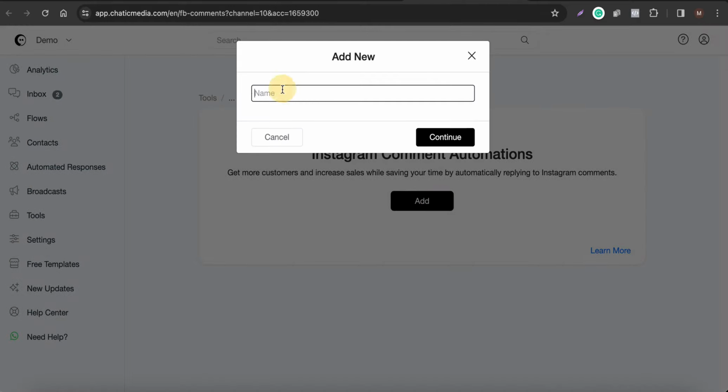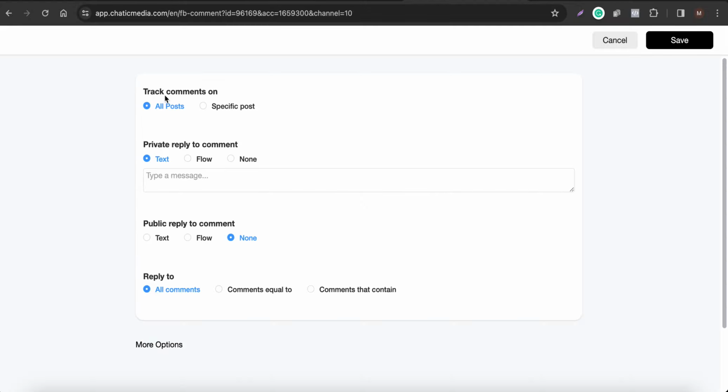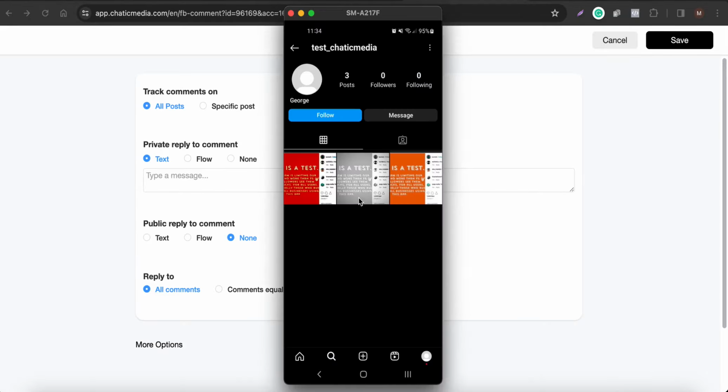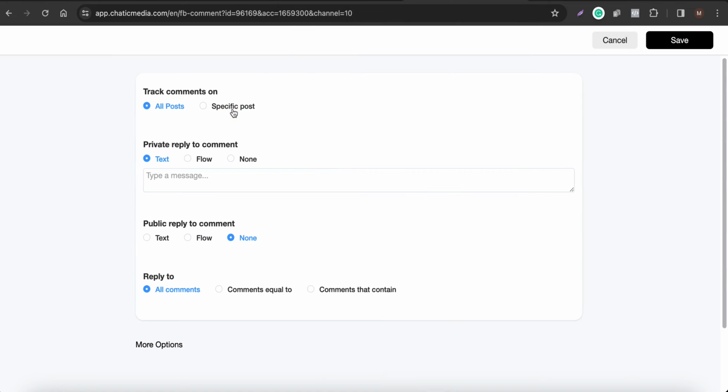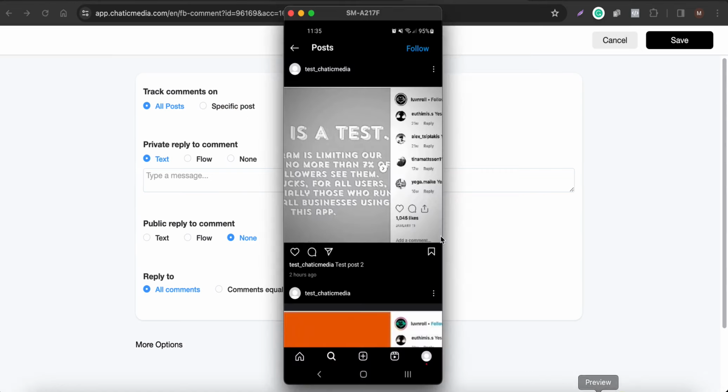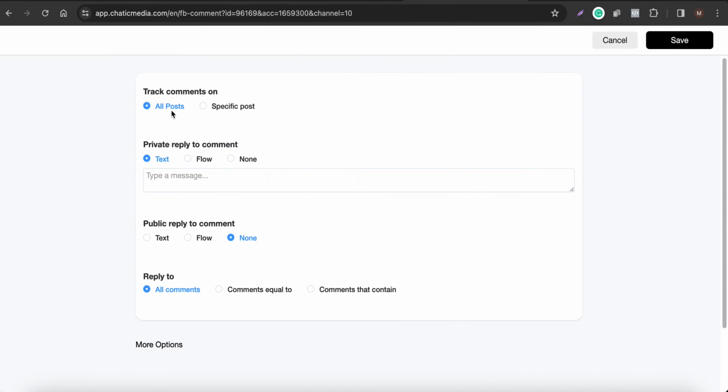Let me just create one. So let me simply create one as demo one over here. Here you can track the comments on all posts or a specific post. So here we have 3 posts. If you want to do the comment automations only on this second post, you can simply select that specific post as well. But if you want to track the comments on all these posts, then you can choose all posts over here